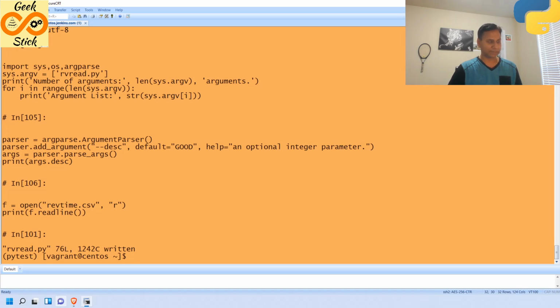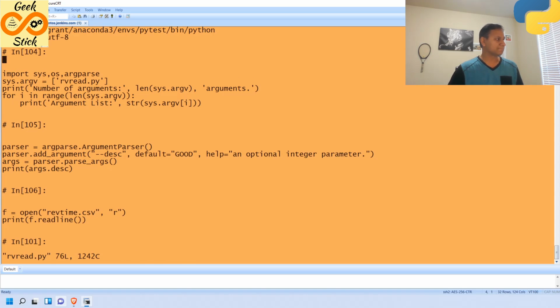That is the purpose. And one more thing I need to do: I should not set the system argument here, otherwise I may not be able to pass these values.